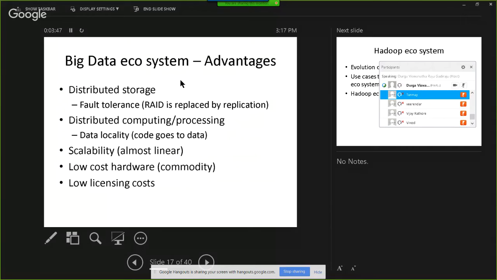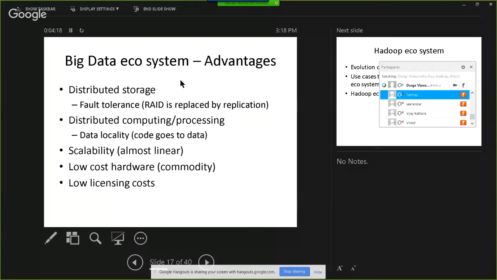So they use commodity hardware, and instead of using network-based technologies and RAID, they included fault tolerance as part of the storage mechanism itself. They call it replication. We will see the details of replication when we get into the actual technology. But for fault tolerance here, we don't use RAID. We use something called replication. It is part of the storage algorithm.